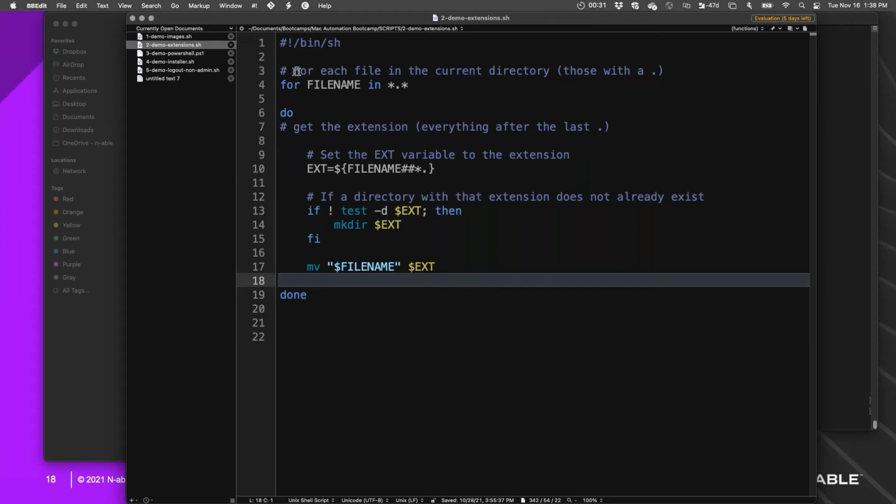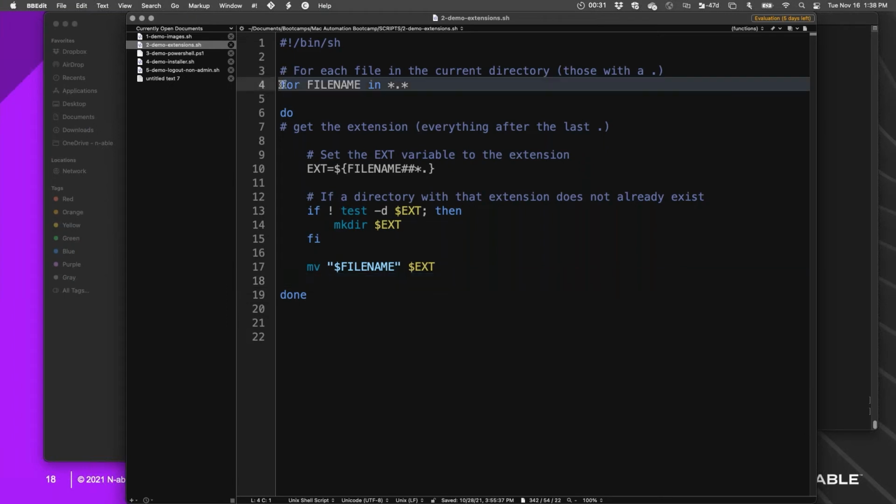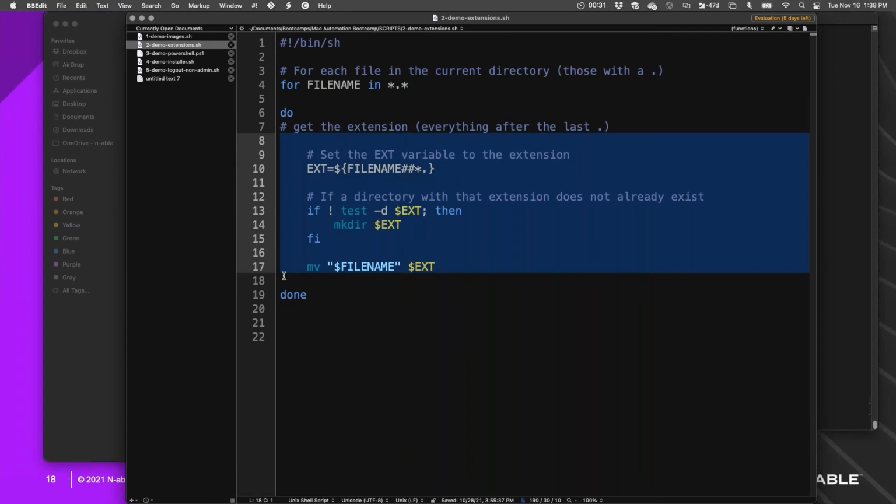So in this case, what we have is a for loop. So for each of the files in this file listing of star.star, do the stuff that's in here.